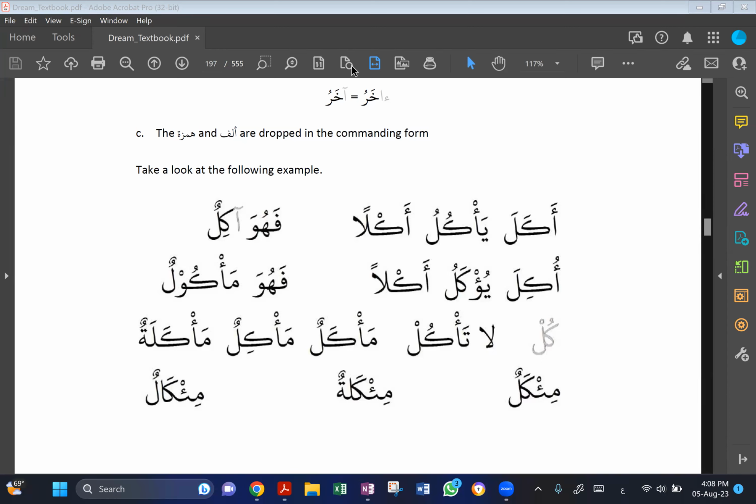But then we come to Mudari'. Who's going to do the Mudari'? That's where some changes are going to happen. So Ralin, you get to do some changes in the Mudari', right? Okay. Yes. هو يأكل هما يأكلان هم يأكلون هي تأكل هما تأكلان هن يأكلن أنت تأكل أنتما تأكلان أنتم تأكلون أنت تأكل